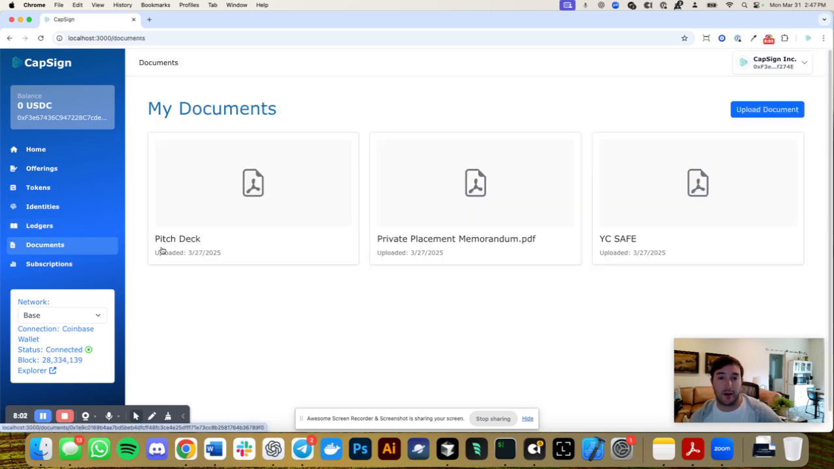But finally, we have a documents page where you can upload documents, and it hashes the document and posts the hash to the blockchain. This is how we verify the authenticity of documents, especially documents that have been signed through the CapSign platform. So you can think of CapSign as kind of like Carta meets DocuSign on blockchain,